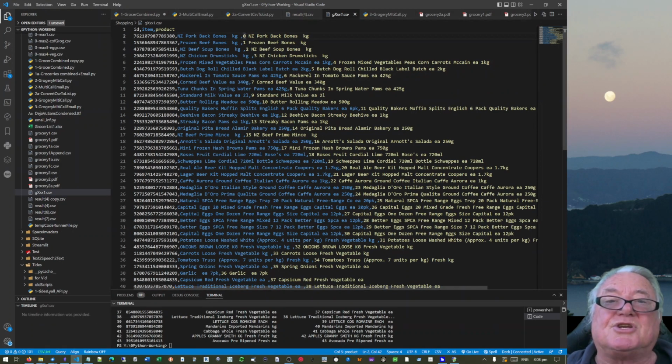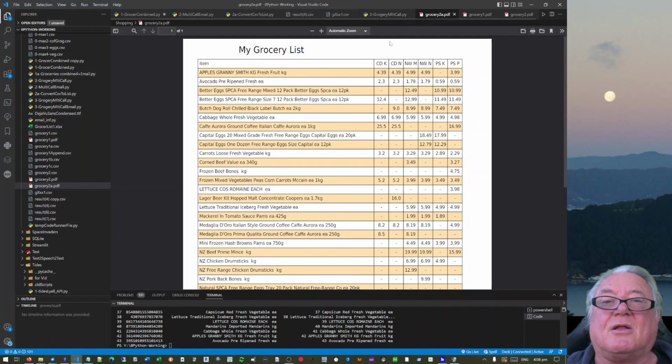So we merge it on the item column. The item column is going to be identical in both because it has the same items through here. So if we merge them onto there, we're going to get all of the right numbers to go with the right prices and all of those. So when we've merged that,